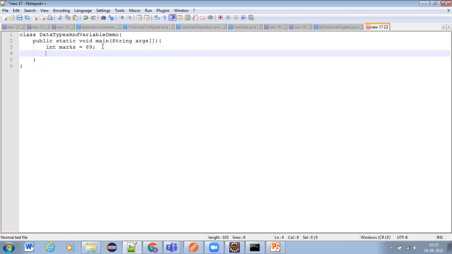Like float percentage, let us say 84.76. And whenever it is a percentage, anyhow we can't write a percentage symbol